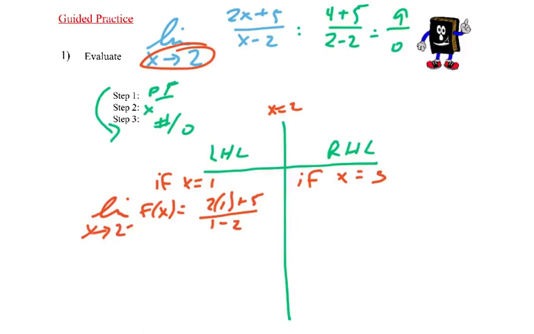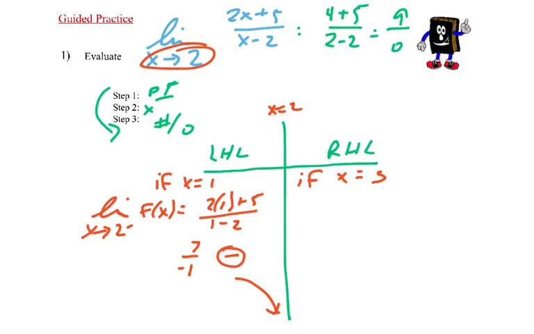And so 2 plus 5 is 7, 1 minus 2 is -1. So this is a negative value overall, right? I don't necessarily need to know that it simplifies to -7. I just need to know that it simplifies to a negative value, because what does that tell me? That means that the left side, to the left of 2, my function is going down, down, down, getting more